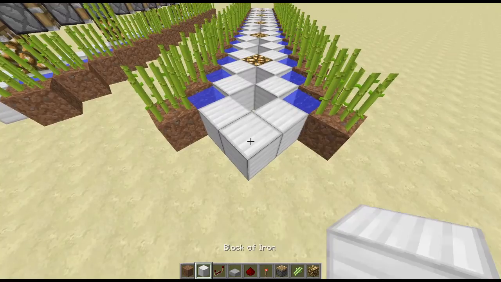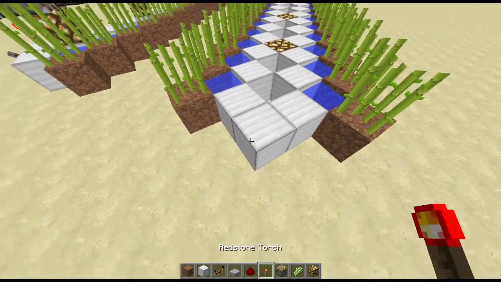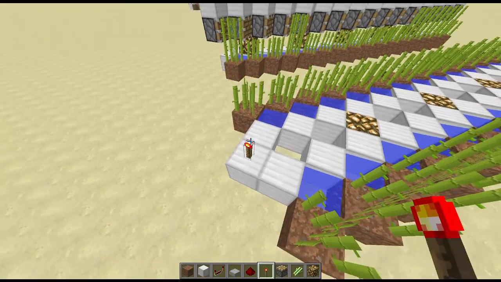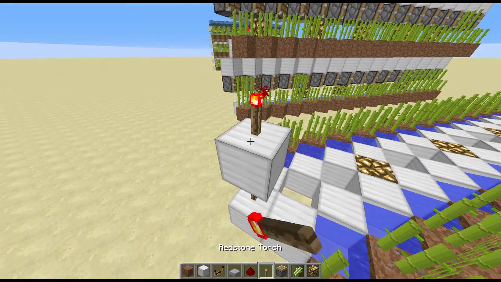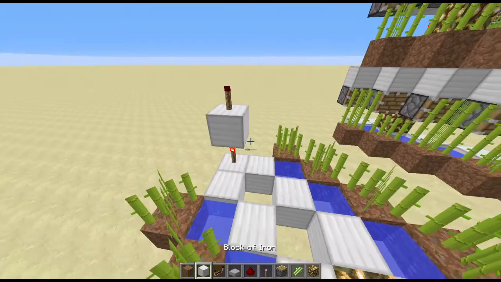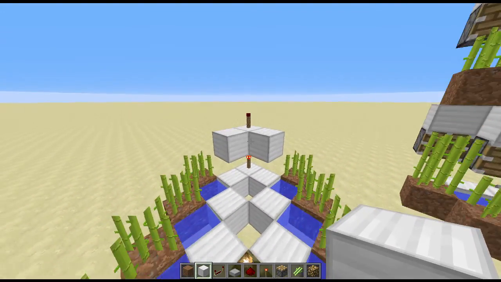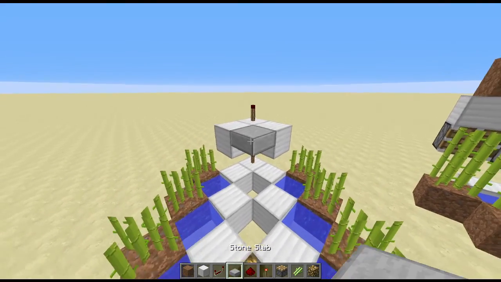You can go now and add in a block just where you want your torch tower to be, at one end of your farm. You're gonna go and add a redstone torch on top of that, and basically just start the torch tower, like so. And then you want 2 blocks either side of that, and we're gonna build the diagonal directly from this